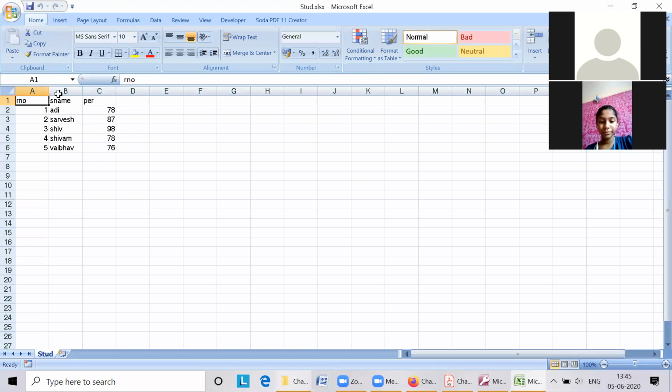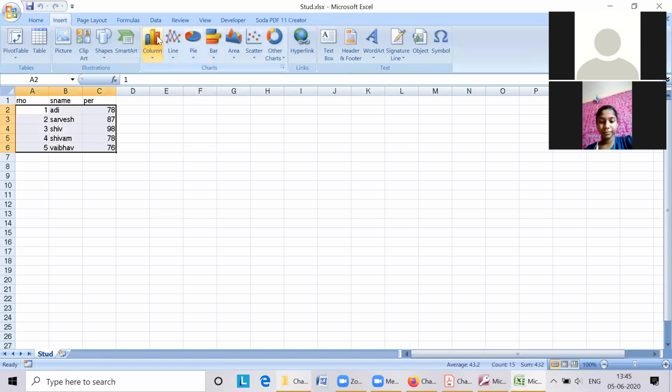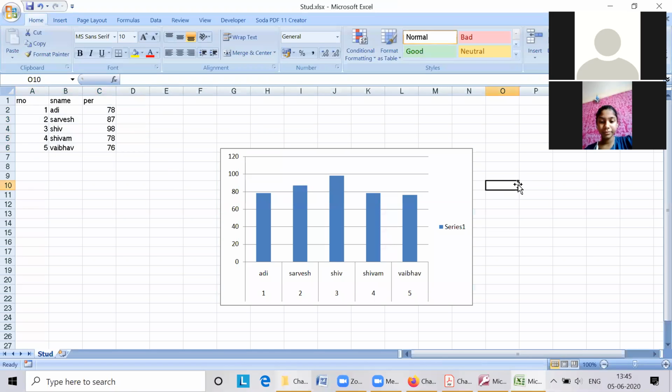See, you got the same data over here. Now, sir, suppose you want to draw a chart from this data, you can easily draw it. Insert chart. See, you got the difference between Excel and Access. You can't draw a chart in Access, but you can draw the chart in Excel.